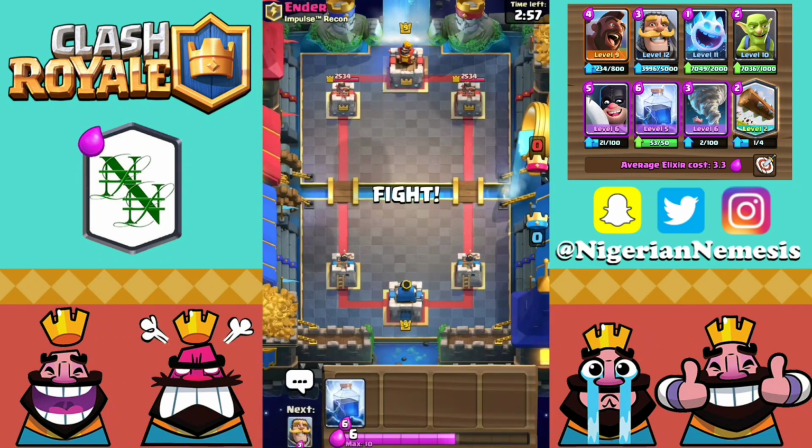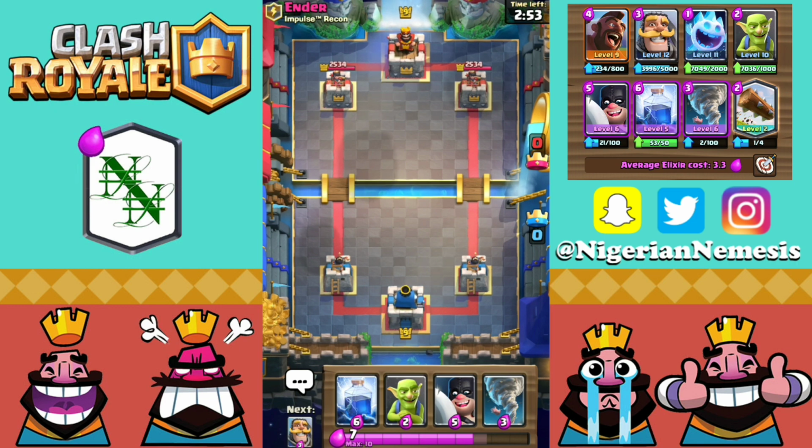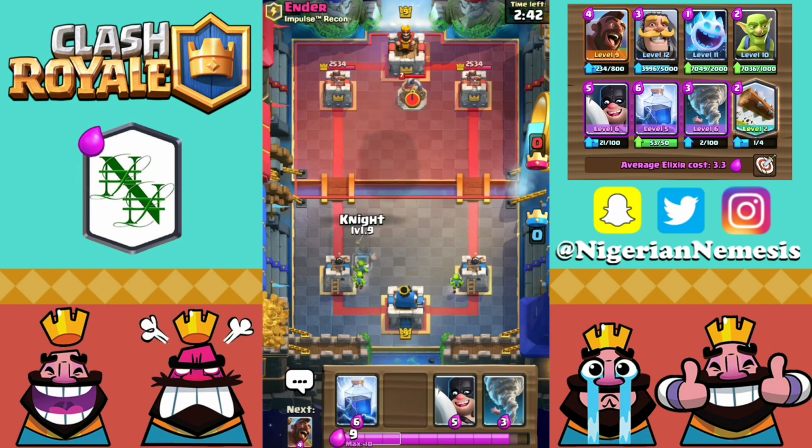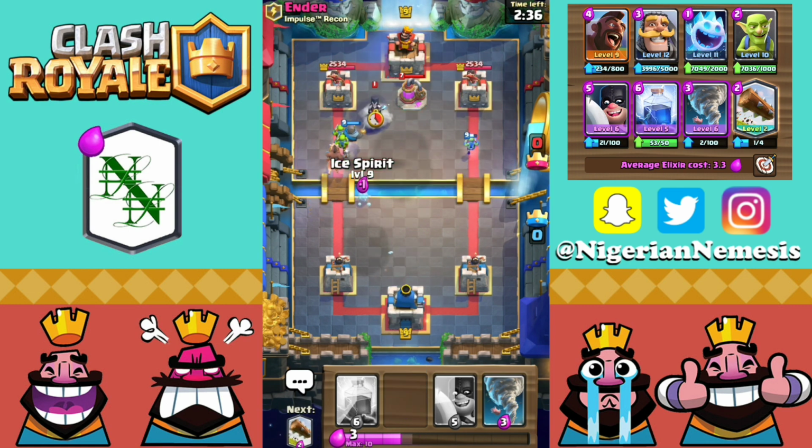I don't think we're going to lose here in this video because this Hog deck is ridiculous. Up against Ender from Impulse Recon. Let's see what kind of deck he is running. So already we have beaten a Golem deck, a very strong one. Let's split some Goblins here in the back center and see if he decides to play anything. He does have that Elixir Collector, so our Knight is now going down. Let's get our Hog Rider down as well